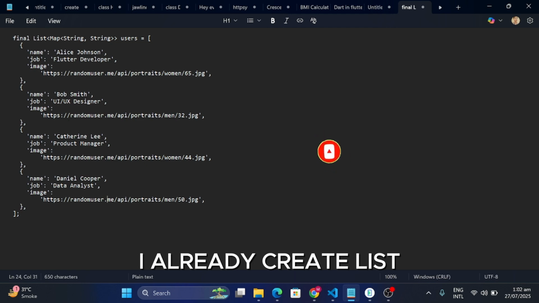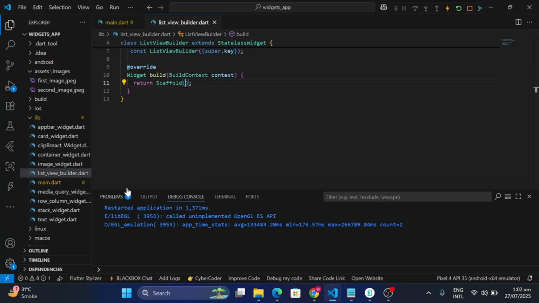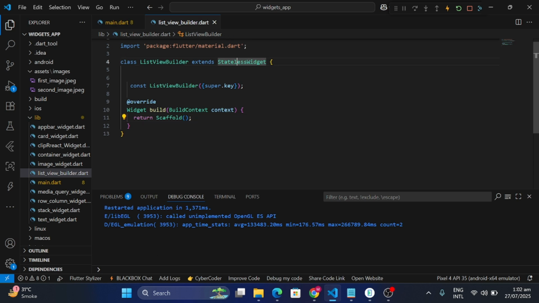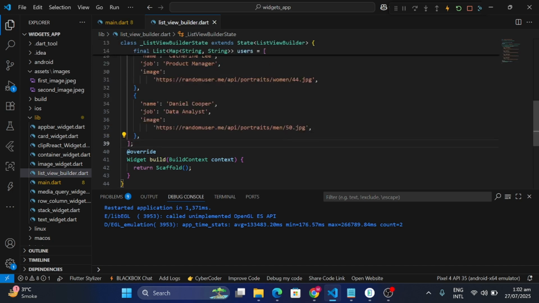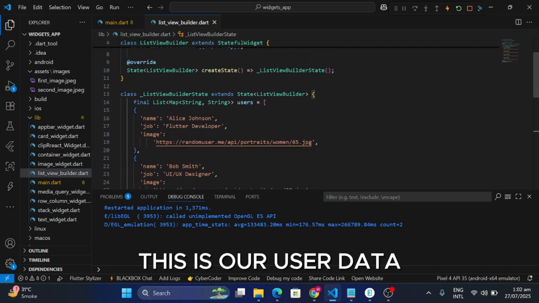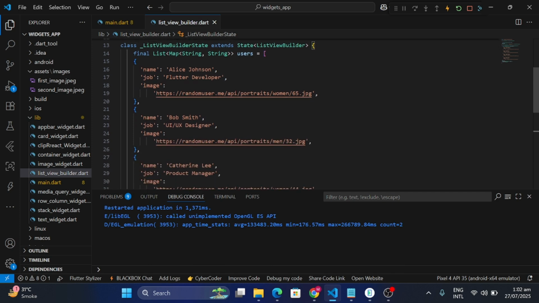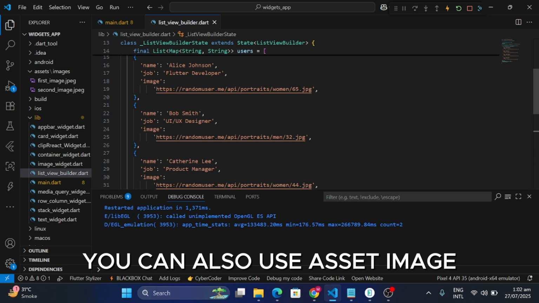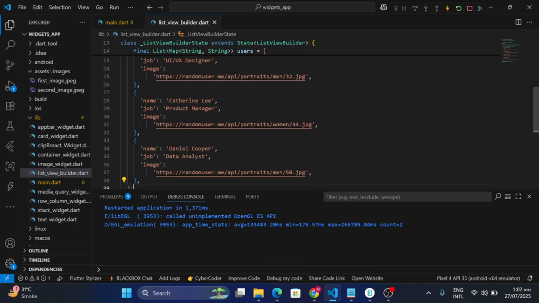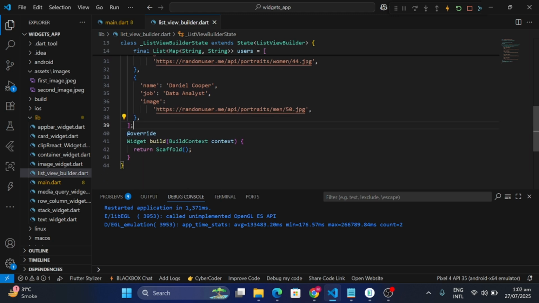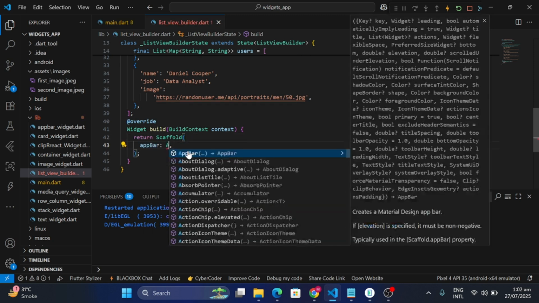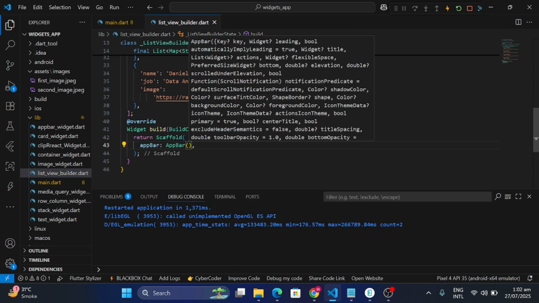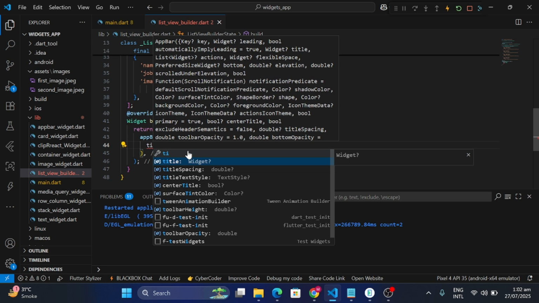I already created a list. I take a stateful widget. This is our user data. You can also use assets images. App bar, use